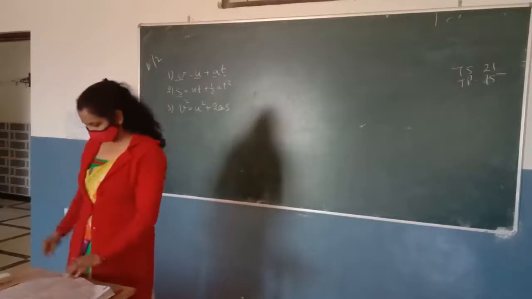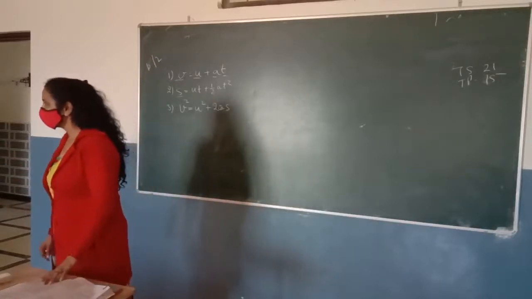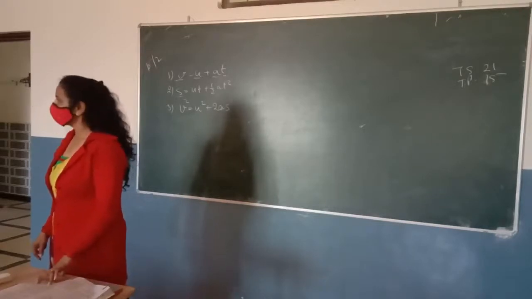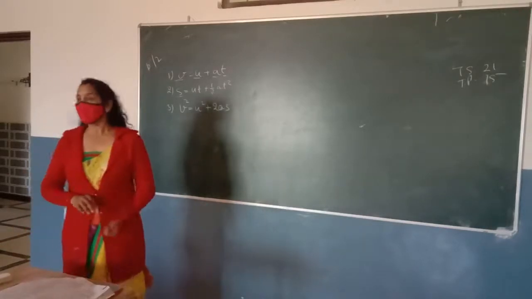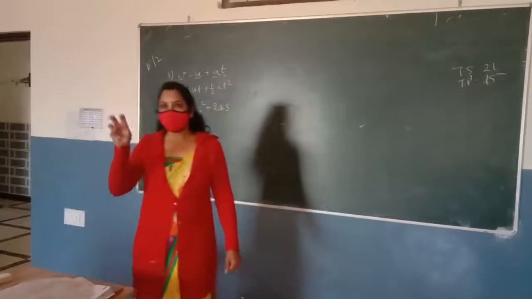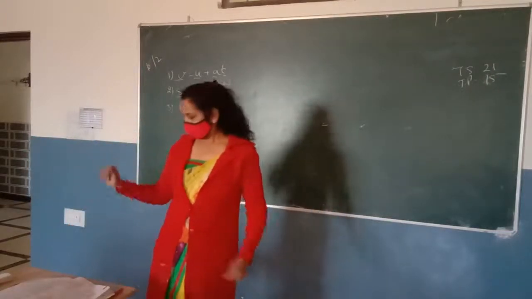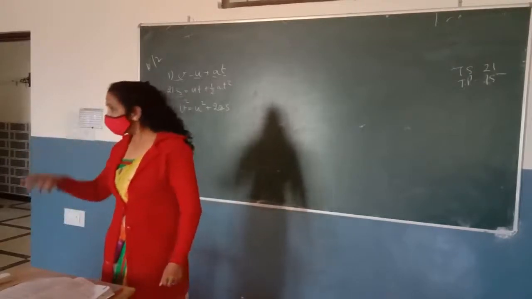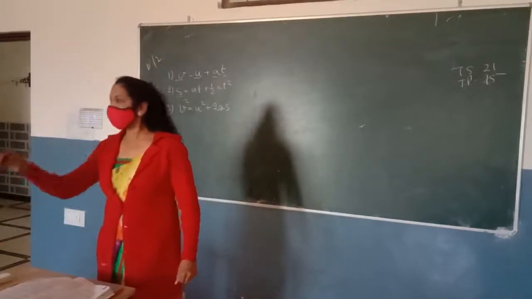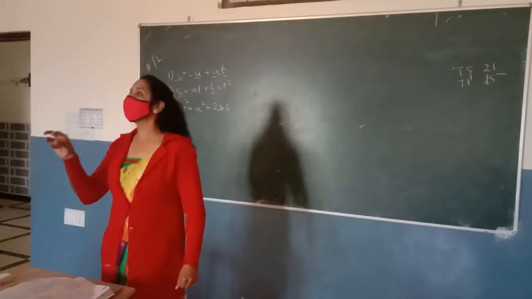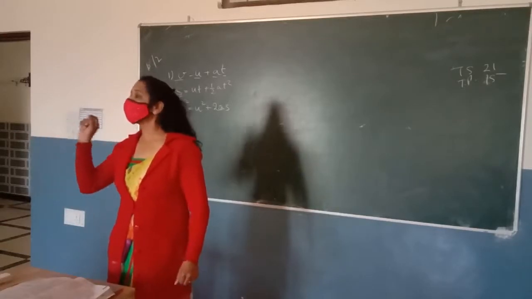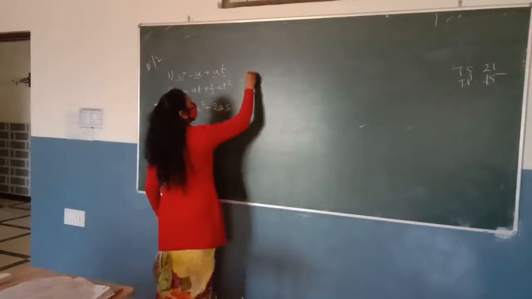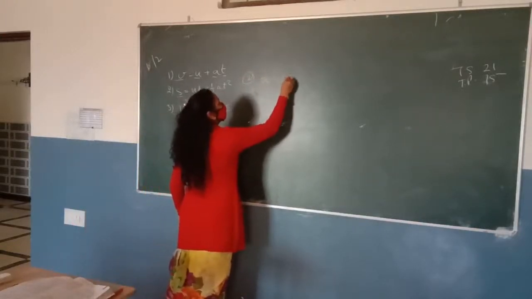Can you tell me what information we are getting from this question? Anyone? Okay, good, Apeksha. u equals 80 km per hour. Yes. And v equals 60 km per hour. Very good. t equals 5 seconds. Very good. So first of all, we should know what values are given in the question. According to the question, the bus is moving with a speed of 80 km per hour. The initial velocity of the body is called u. So for this question, we can say that u is equal to 80 km per hour.